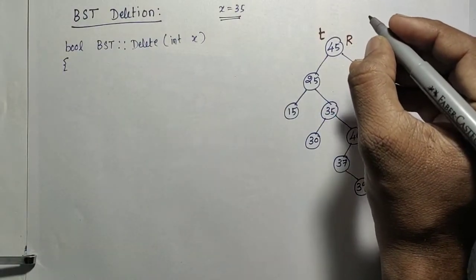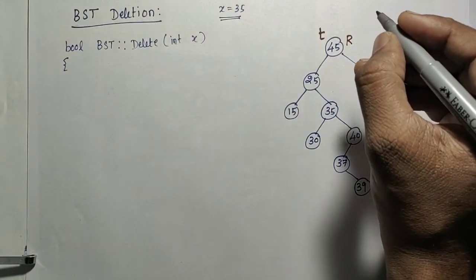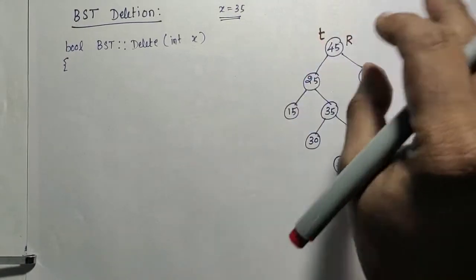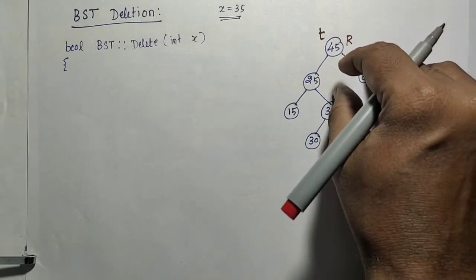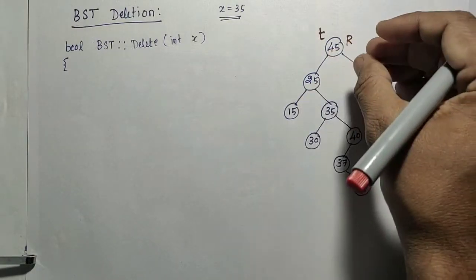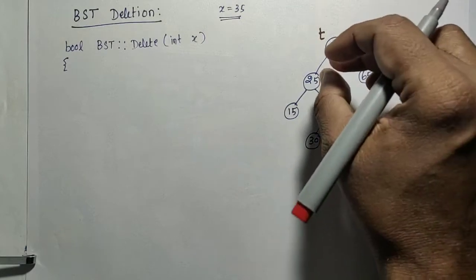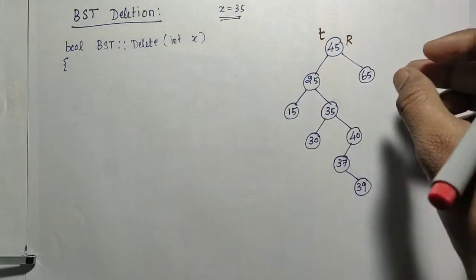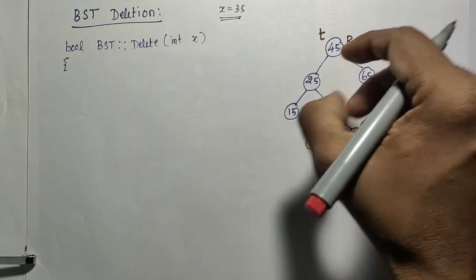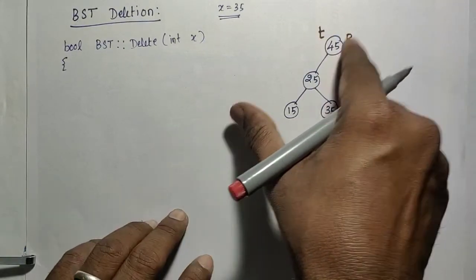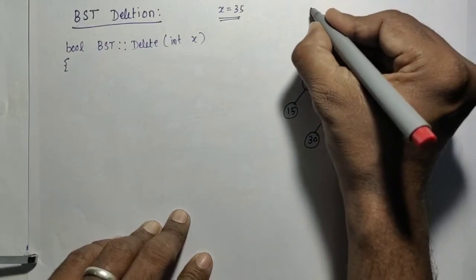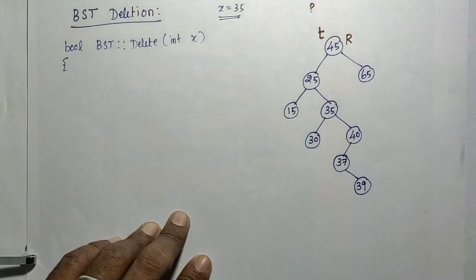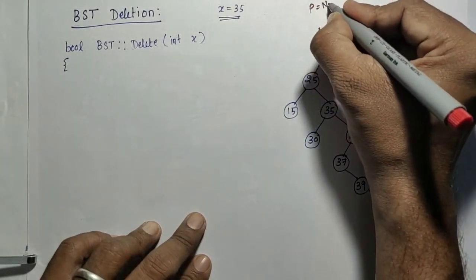Again, for the deletion in the singly linked list, we need to keep the parent of the t. Who is the parent? Then only the t can be deleted. So here also, whenever you are tracking the element to be deleted, that is t, I have to keep the parent of the t also. So when the t is pointing to the root, you introduce another variable p which is equal to null.